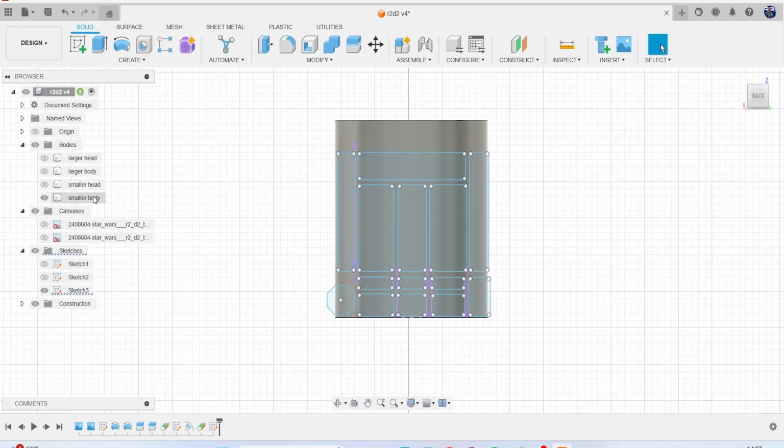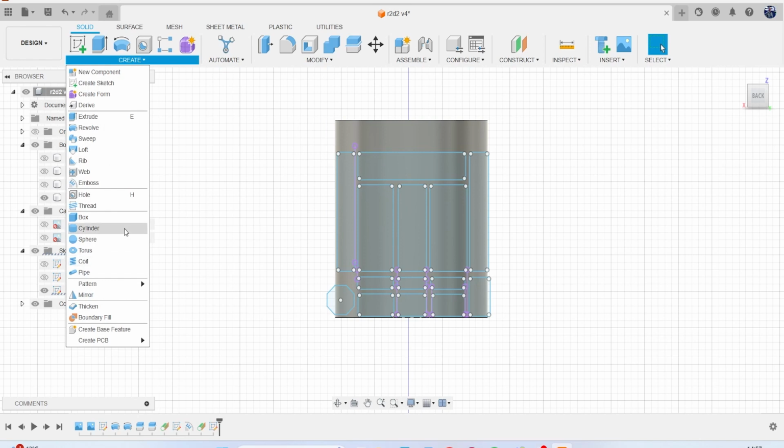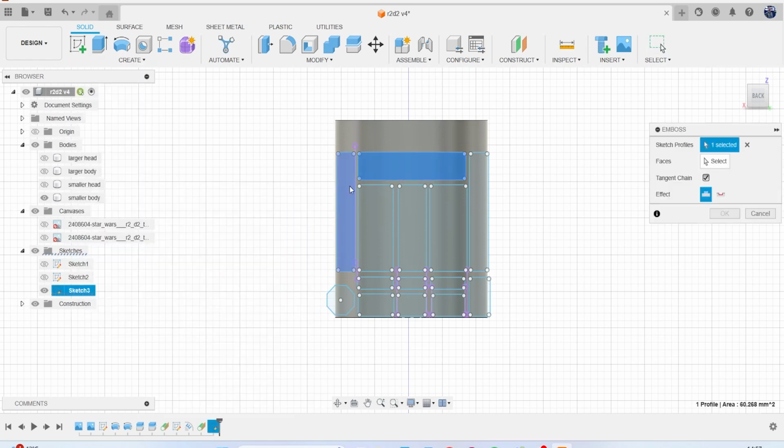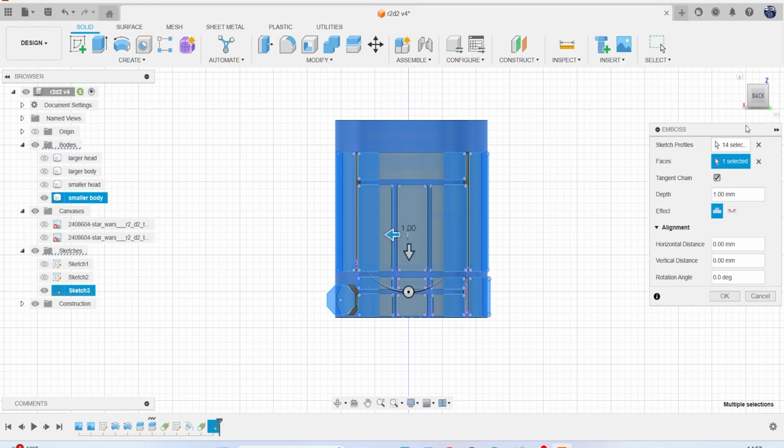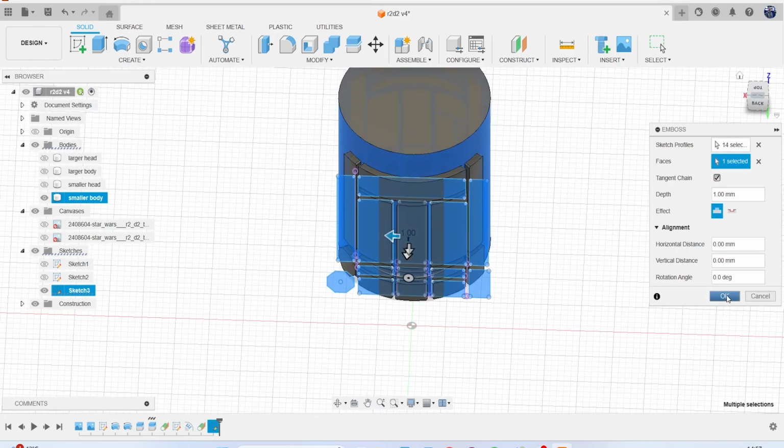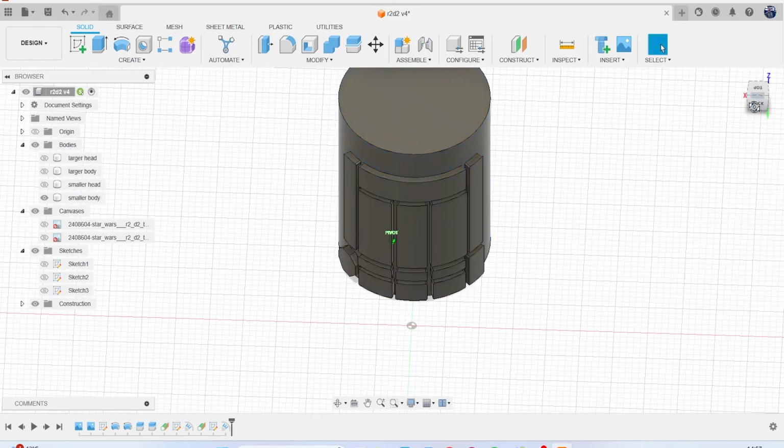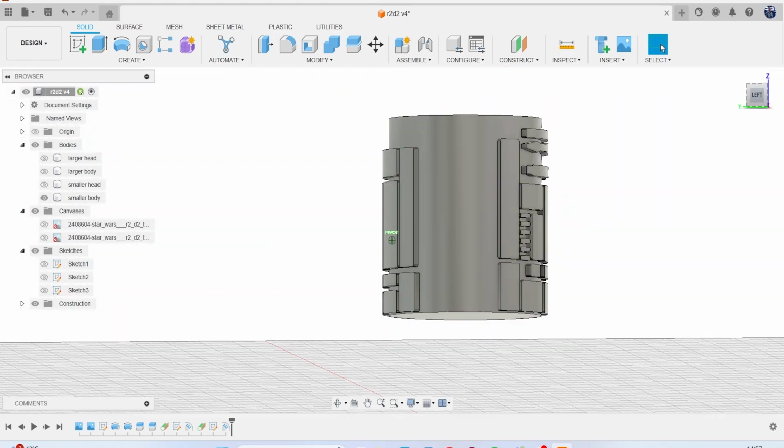Sketch. Okay, now let's emboss again. So let's go to emboss, grab all our profiles. Grab our base, that, and we're going to emboss 1 mil again. Okay. So now we've got all the little details that we wanted on there,